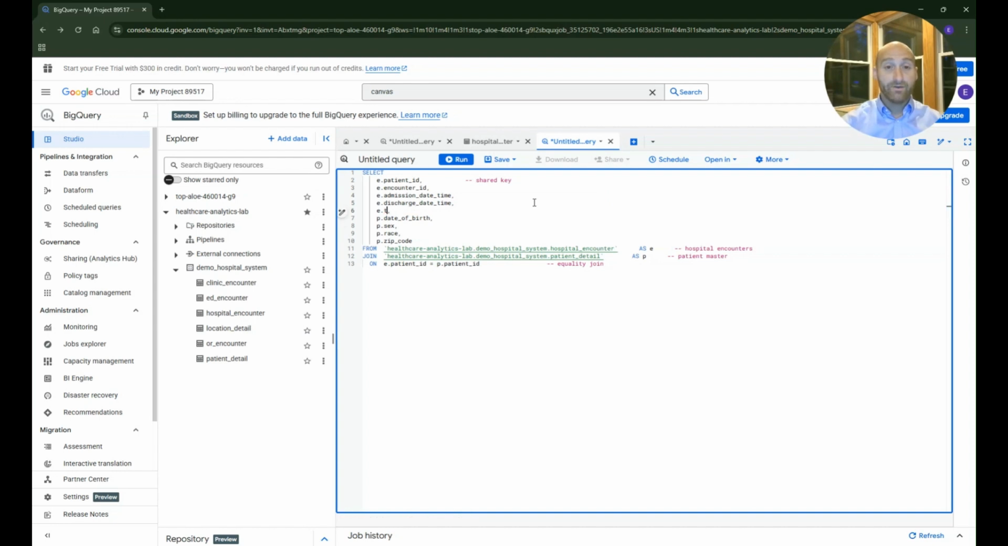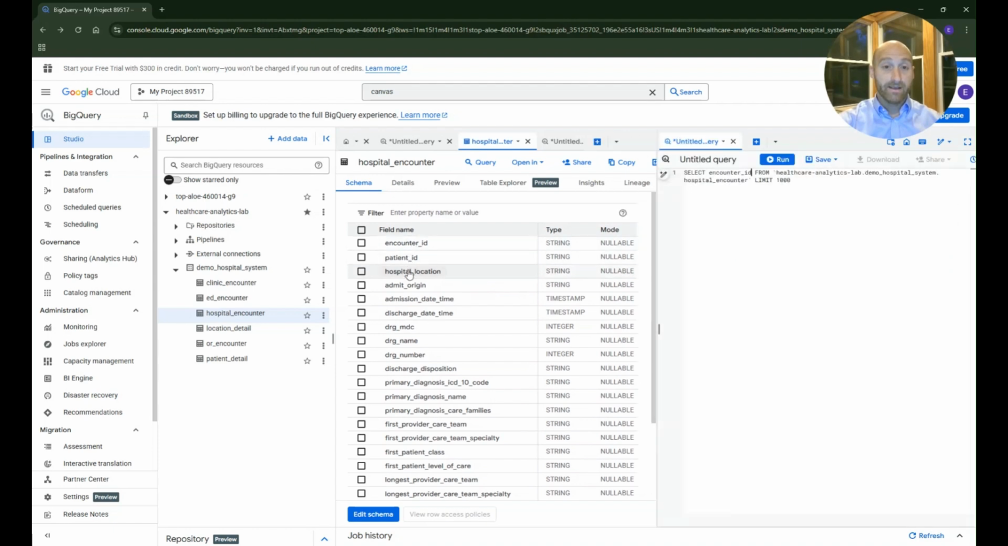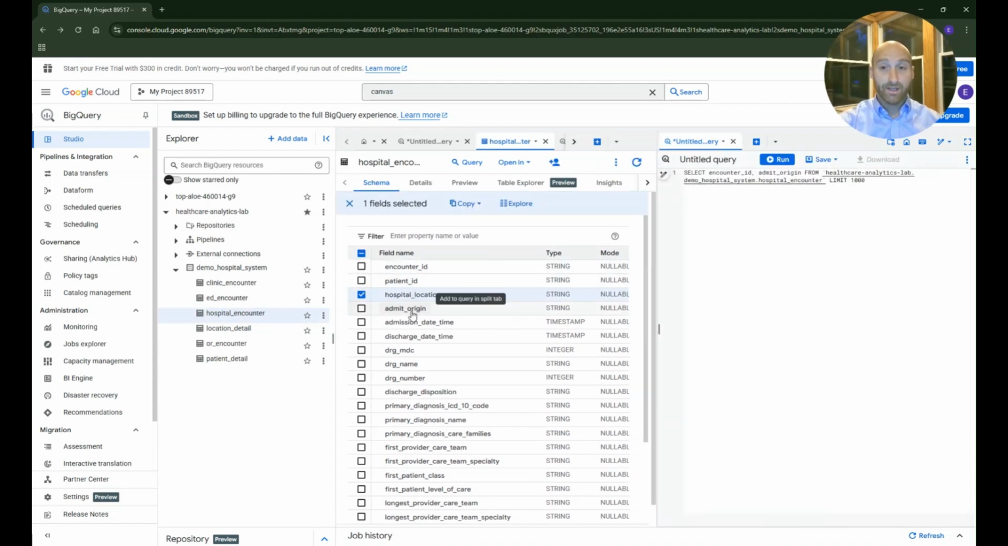Length of stay, I don't know if we've got length of stay in there yet, but what I can do is do E period, and it's not catching up to me. It's not giving me the auto prompt, but that's okay. What I can do is go back to this table and figure out what are the columns that I want. So I personally would usually be coming to do something like this. Give me encounter ID, hospital location, admit origin, DRG, and then I can copy these